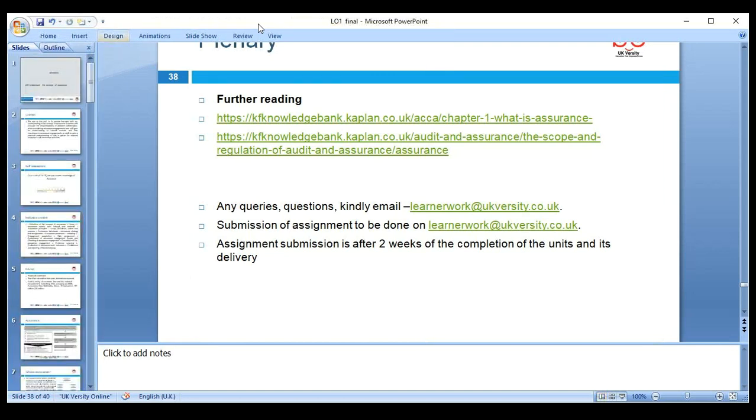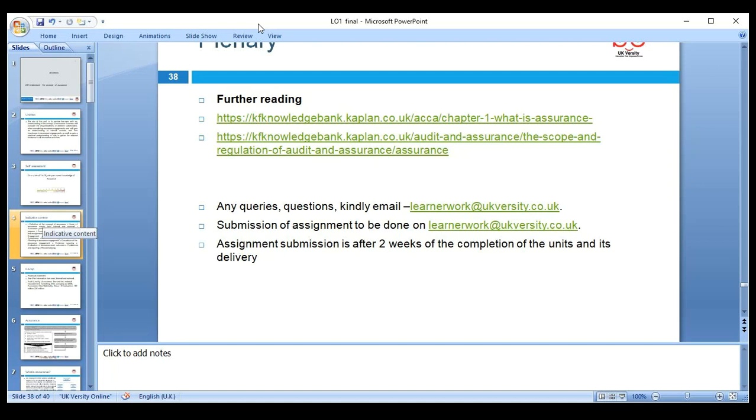So how will this be assessed? Like you said in the beginning, this will be assessed through an assignment. You need to write around a 3,000 word assignment, where all these learning outcomes apply. We have 4 learning outcomes and around 15 assessment criteria. We will be given a scenario, and we need to say here we apply this test or that test, and we need to write about it. We'll go through it, and I'll give you the guidance, according to the assignment brief.